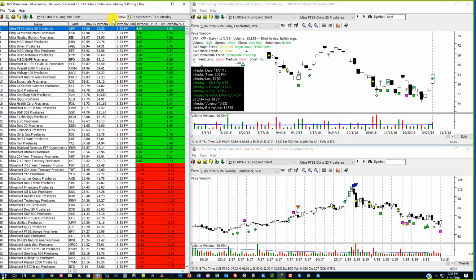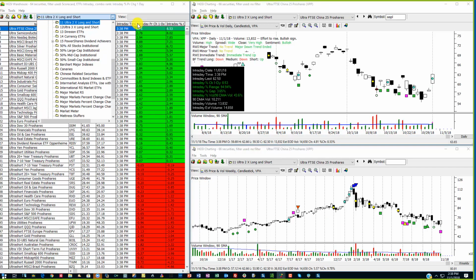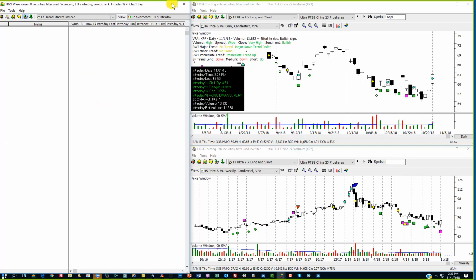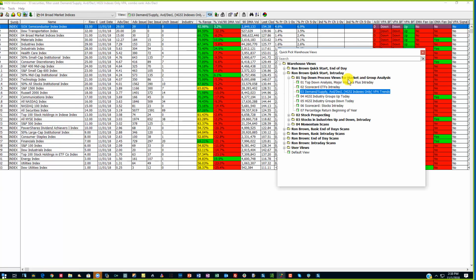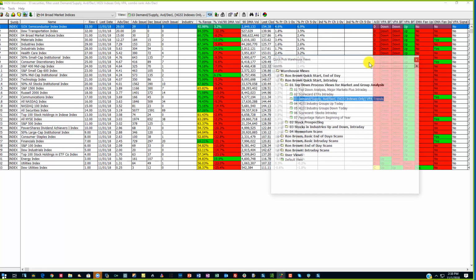Okay, now let me go back here to the broad market indices. Remember, I ran this when I started this, but boy, that's been 30 minutes ago already. So I don't want to take the time to run this again, but on the intraday,